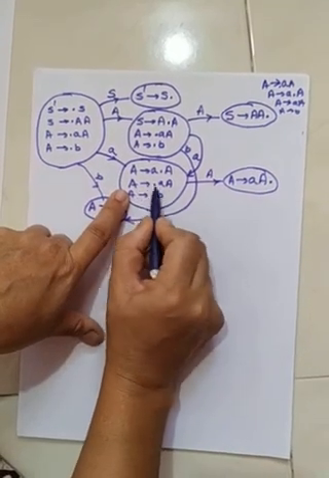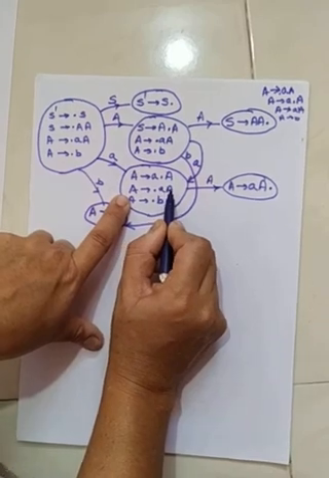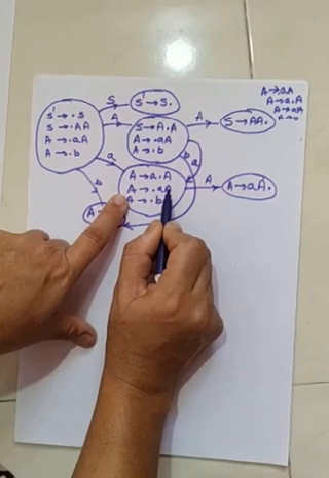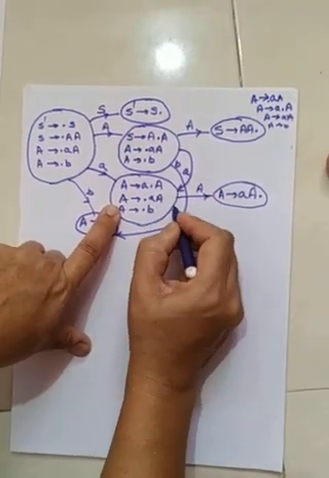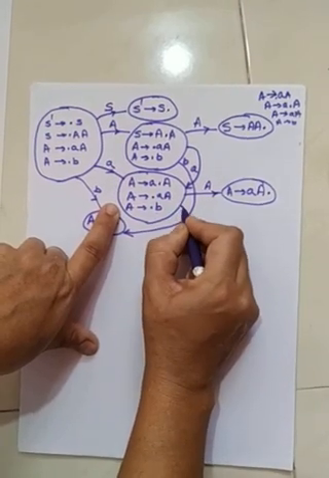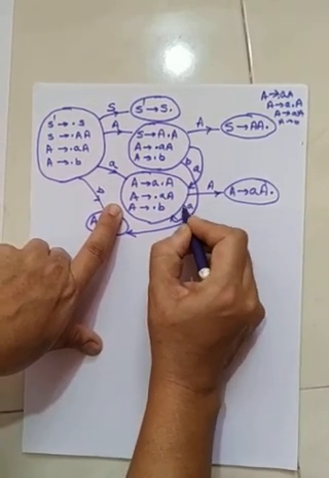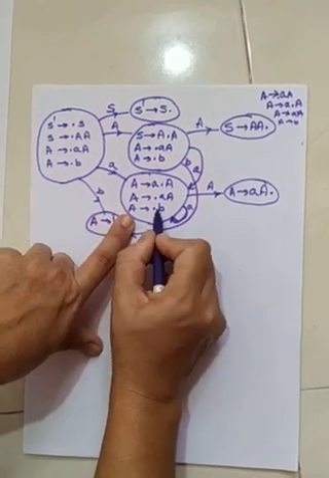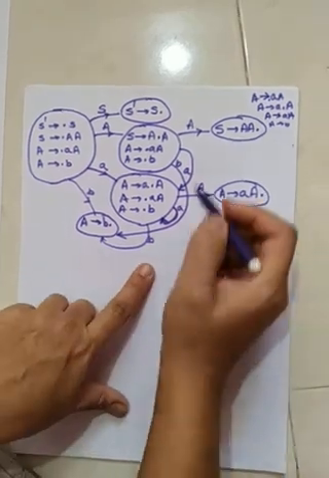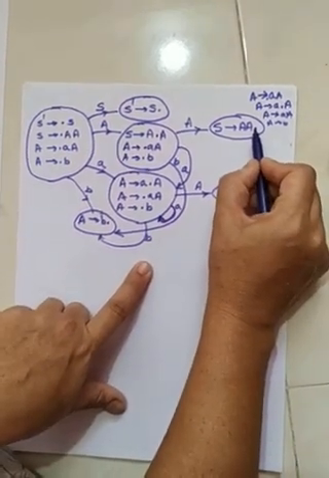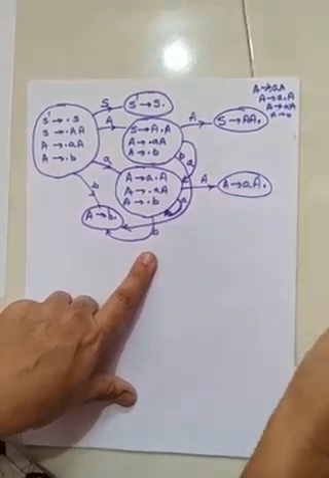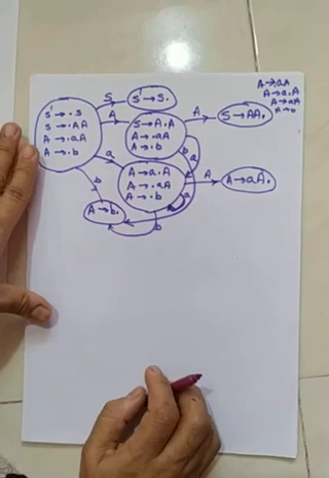Now here again we have to consider this step, a dot A. After the dot, A is there, so again we have to write all the productions, and if we see, on parsing a we will get this same state itself. So on parsing a, we will get this same state. On parsing b, we will reach this state. Now this has the dot at the end, so this is a final state. Dot at the end, so this is the final state. Now we will complete our canonical collection.